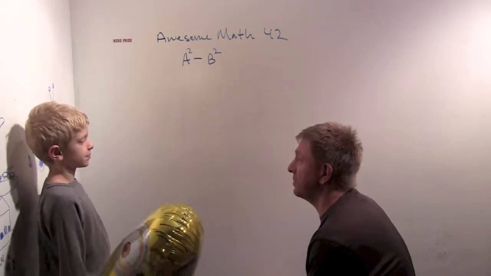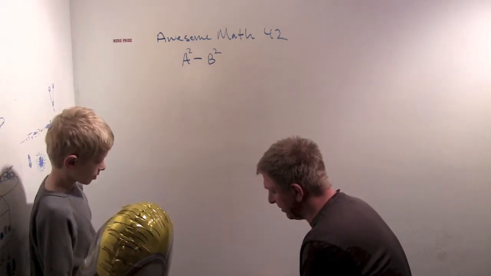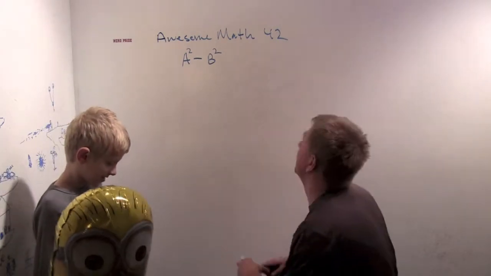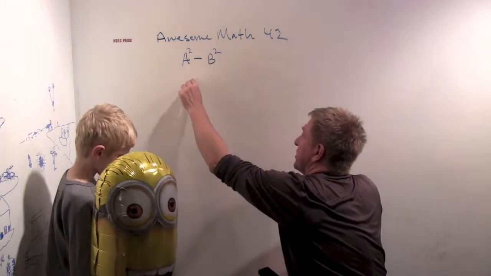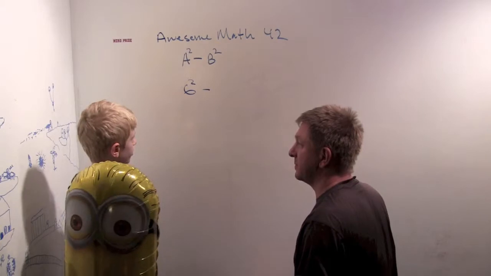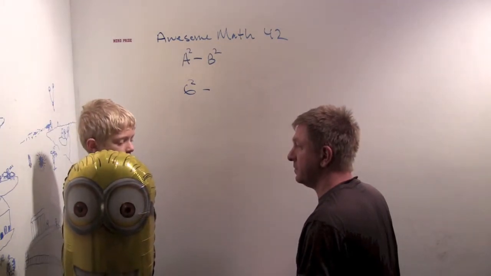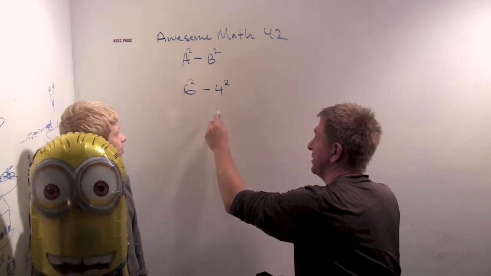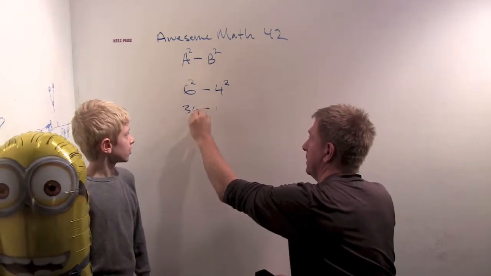Why are they asking us to look at a squared minus b squared? Let's take a look at some examples. What would you like a and b to be as an example? 6 and 4. Okay. So what about this number? 6 squared minus 4 squared. That is 36 minus 16, which is